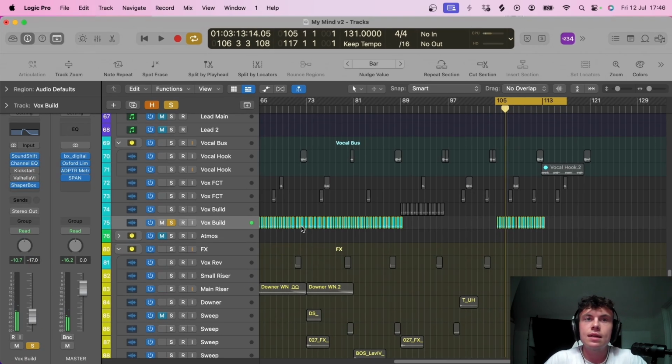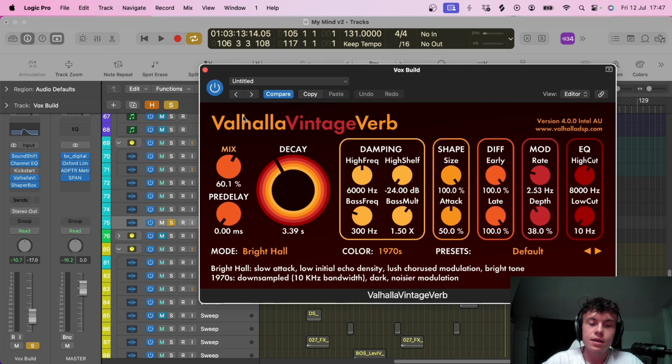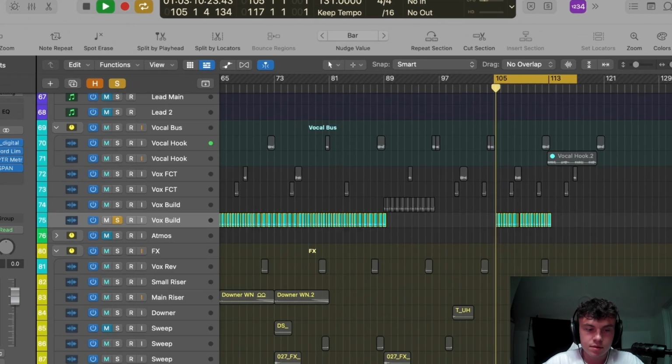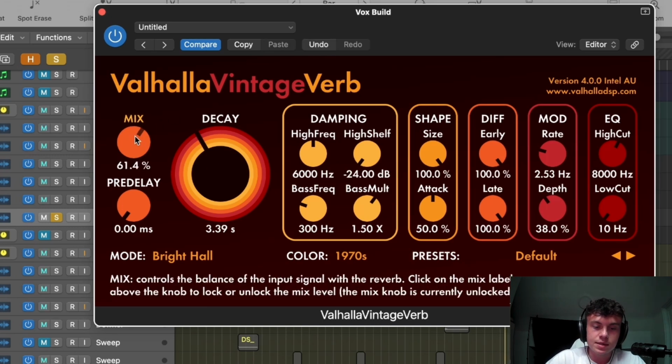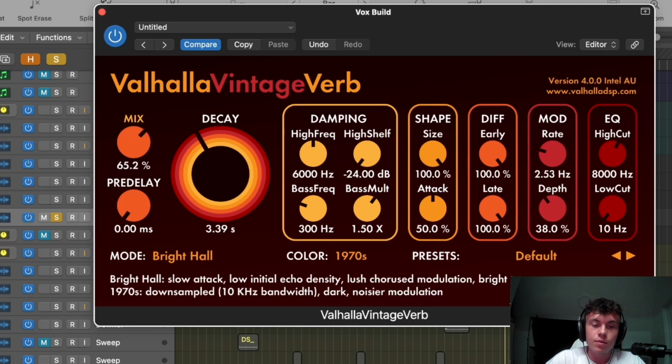it sounds completely dead. And because this is not at the forefront of my mix, it's not one of the main elements, I don't really mind not having this original sound, or I don't really need it. And by using this directly on here, it creates a lot more texture as well. So if we listen to it now, it just flows much better. And I've just adjusted the mix here to taste, basically, to see what works with the